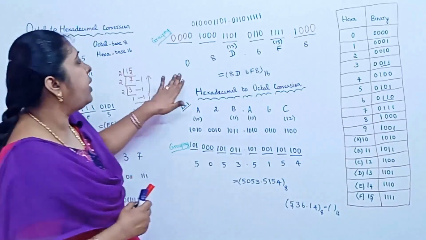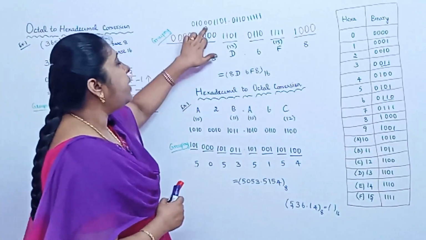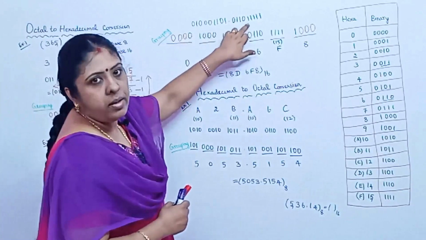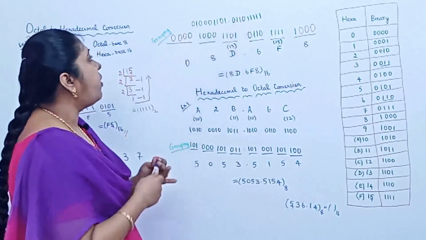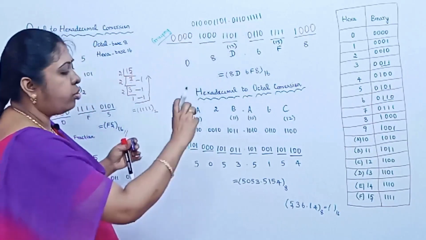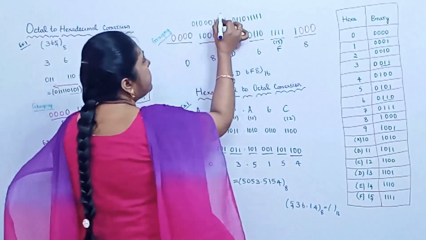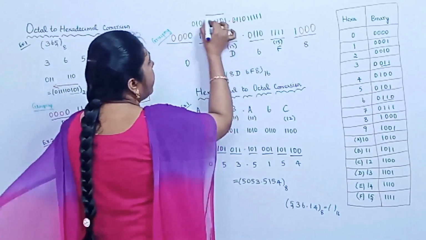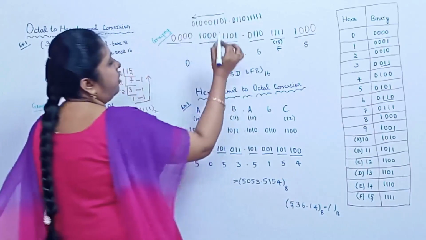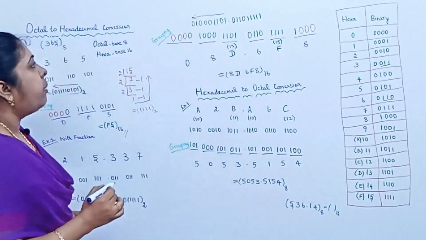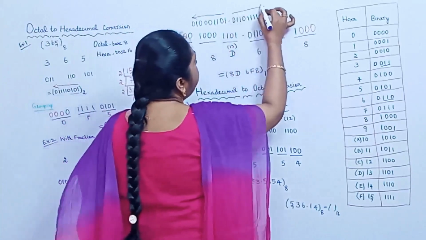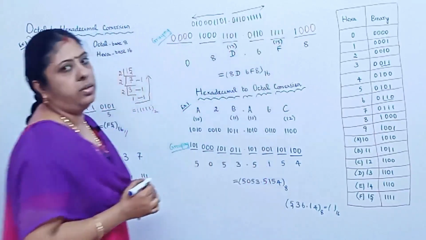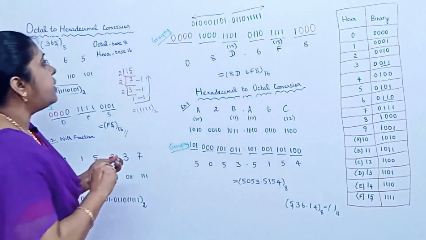Now how the grouping differs: this is the integer part and this is the fractional part. The same answer I had written here. So for the integer part, we have to group the bits into 4 digits starting from the right to the left. But for the fractional part, we have to group the bits starting from the left to the right. So consider,